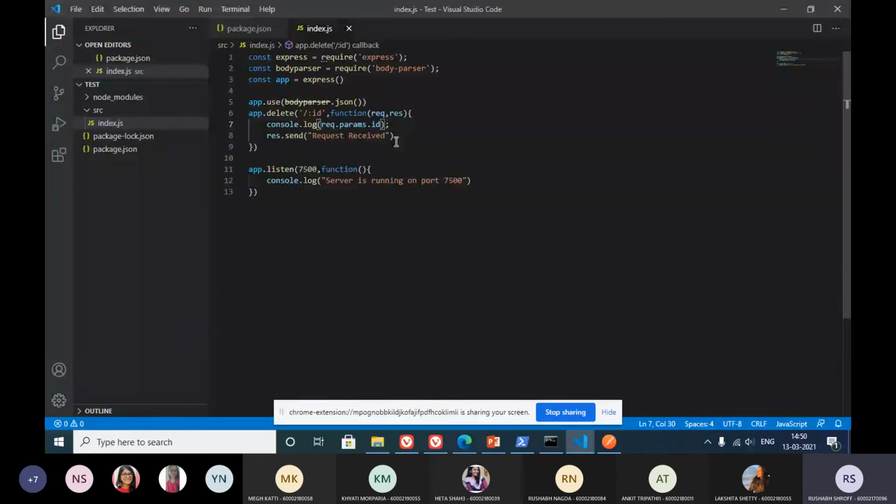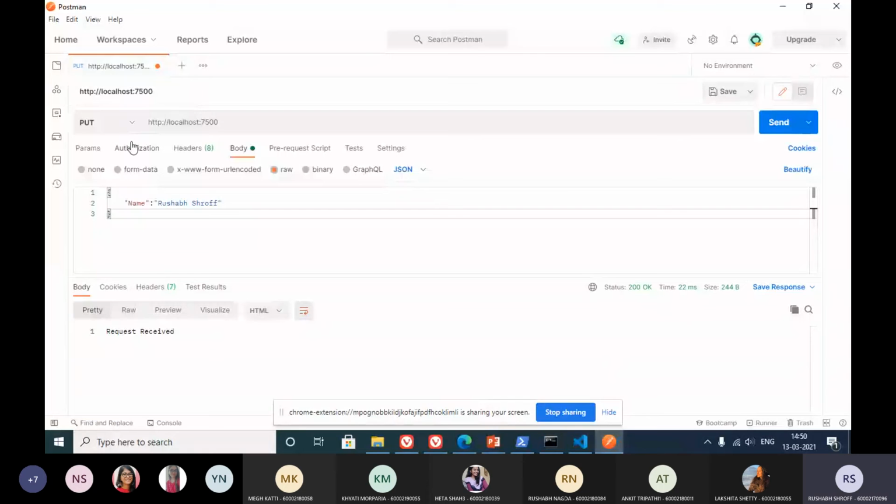Again the server is running, and now we send a delete request with some id, let's say xyz. And the body, if you are keeping it empty, will by default be ignored by Postman, since a delete request will not support a body. So you can just send the request, and we've received "request received".